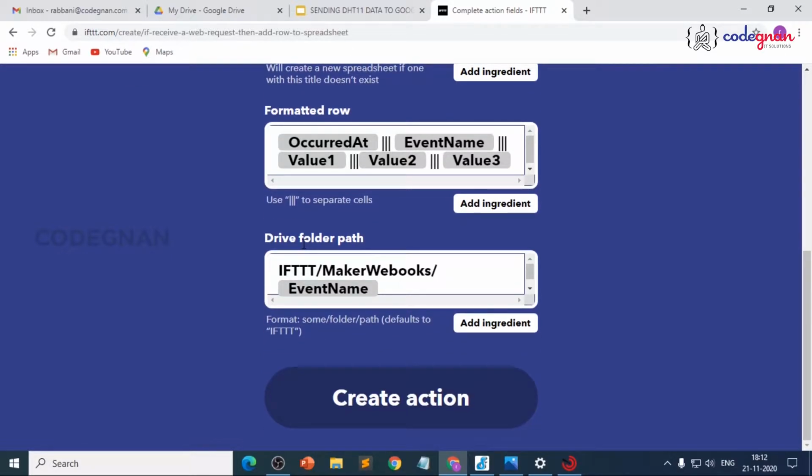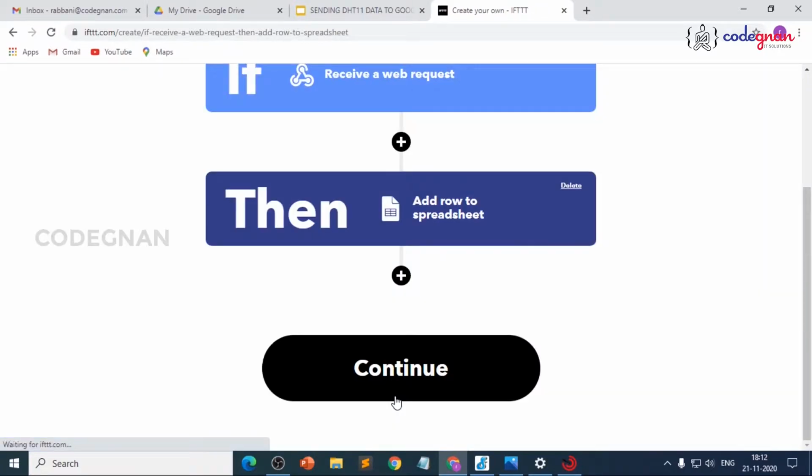The drive folder path is IFTTT/makers webhooks/event name. With this name, the folder will be created in the drive. So click on create action and click on continue.